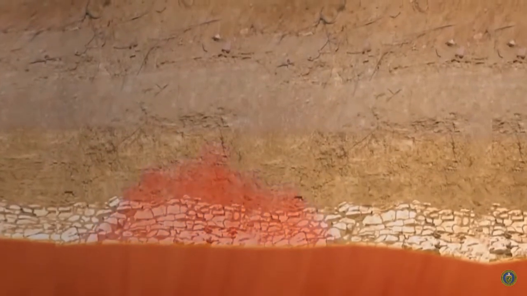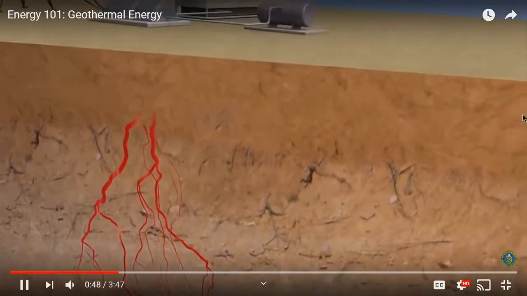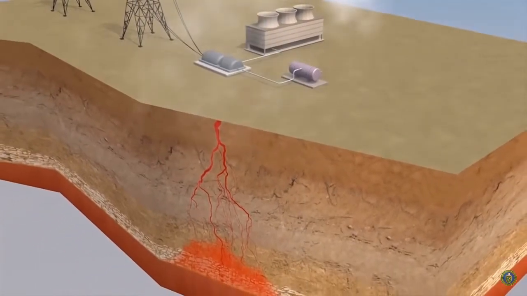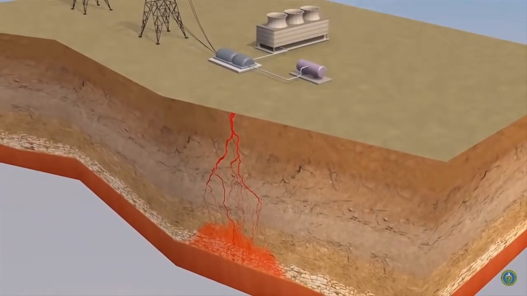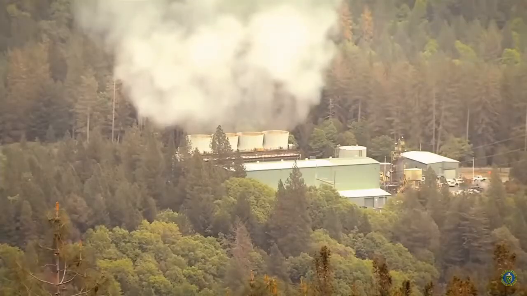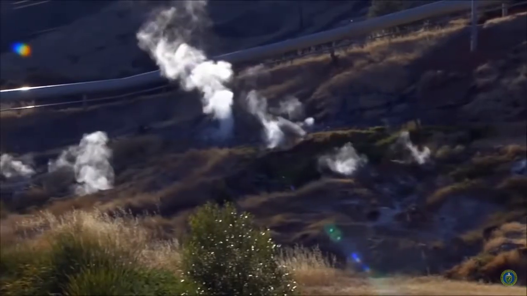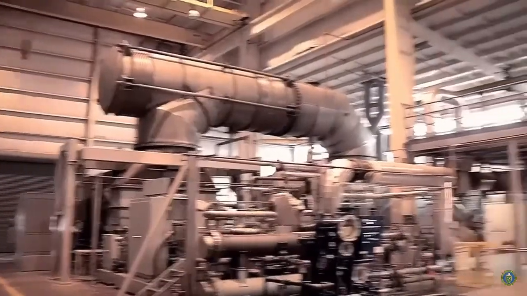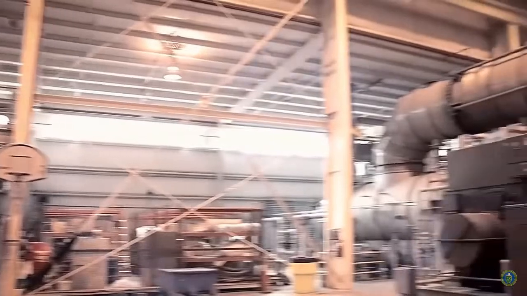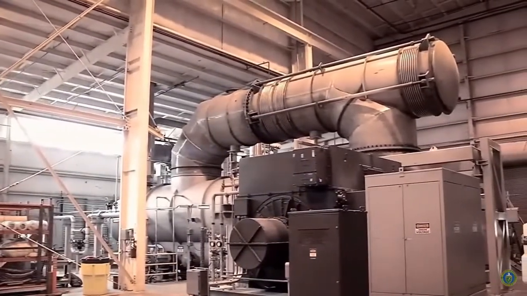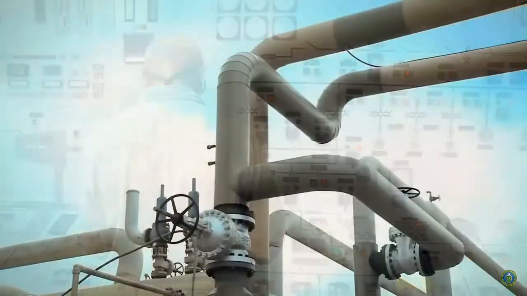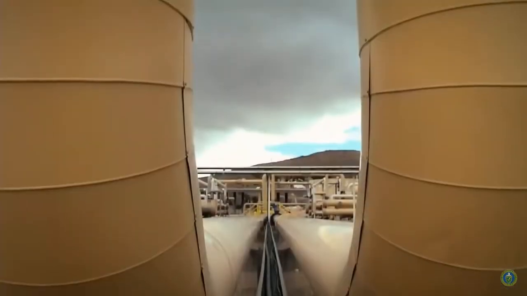Okay, here's how geothermal works. Heat from the Earth's crust warms water that has seeped into underground reservoirs. In some places, when water becomes hot enough, it can break through the Earth's surface as steam or hot water. This usually happens where the Earth's crust, or plates, meet and shift. In the past, taking advantage of geothermal energy was limited to areas where hot water flowed near the surface. But as geothermal technologies advance, we can leverage even more of these natural, renewable energy sources.